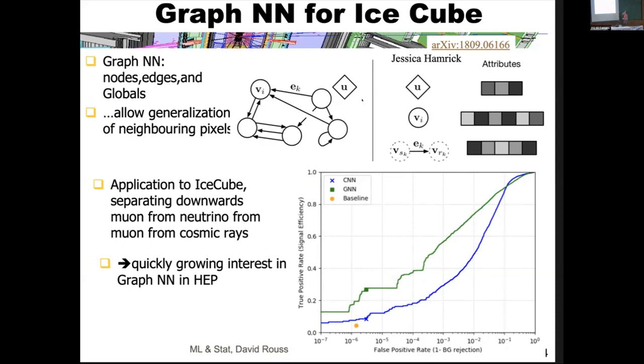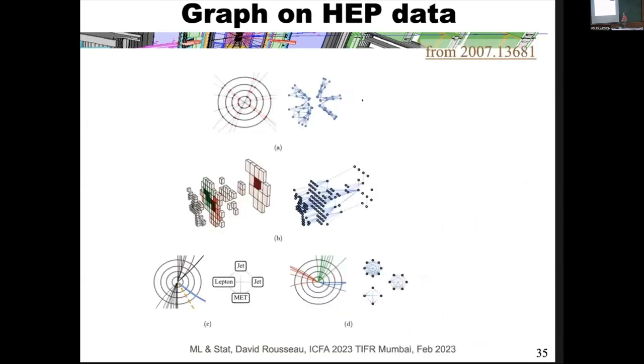And this is one of the very first papers, 2018, on using graph neural networks, but now they are really everywhere. Because with the same technique, you can represent tracking. I will come back to that. Tracking information in the detector. You can represent calorimeter information. You can represent particles, jets, leptons, MET, etc. So it's much more flexible, more difficult to put in place, but then it really looks like it's the right hammer for our data.